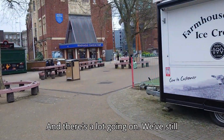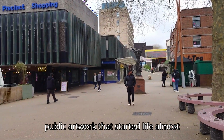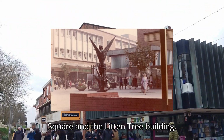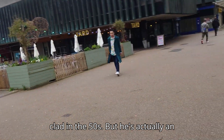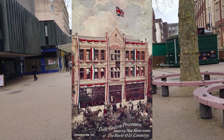And there's a lot going on. We've still got the Methodist Church, we've still got one of the spires, we've got Phoenix, the public artwork that started life almost at Laird Precinct, and then of course Bull Yard, and leading off to Shelton Square, and the Literary Building, which is older than it looks. It was reclad in the 50s, but is actually an Edwardian building, birth of the Rover car factory, and the